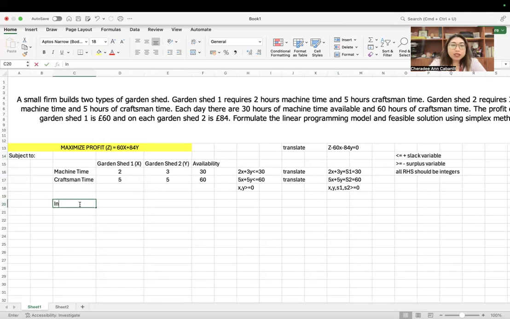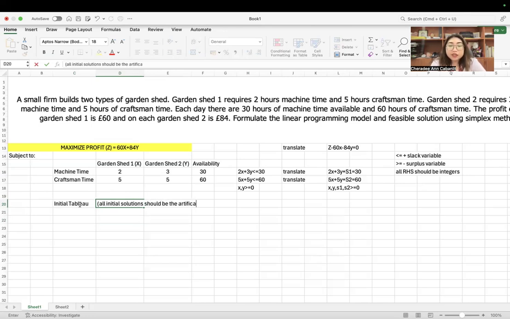So we will now make the initial Tableau. For the initial Tableau, all the initial solutions are the slack variables. So the rule here is all initial solutions should be the basic variables.